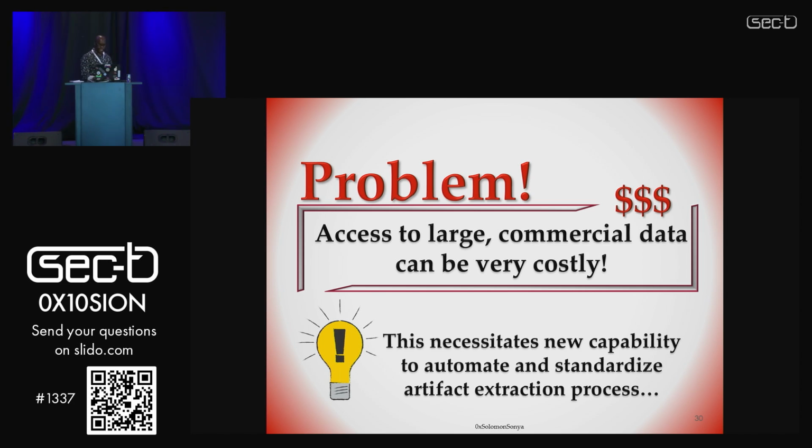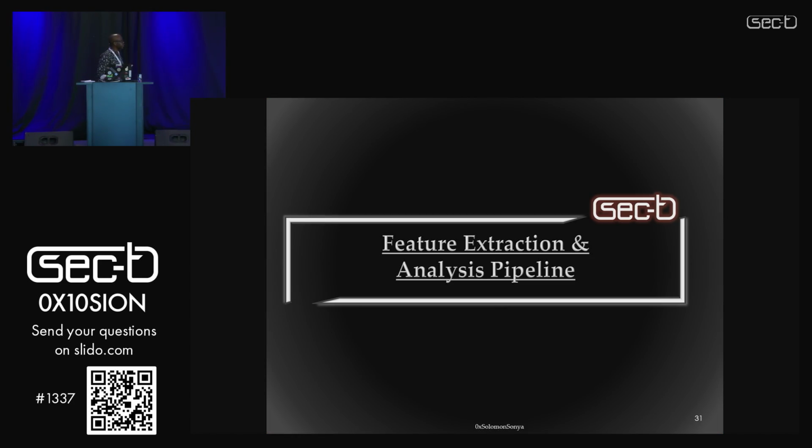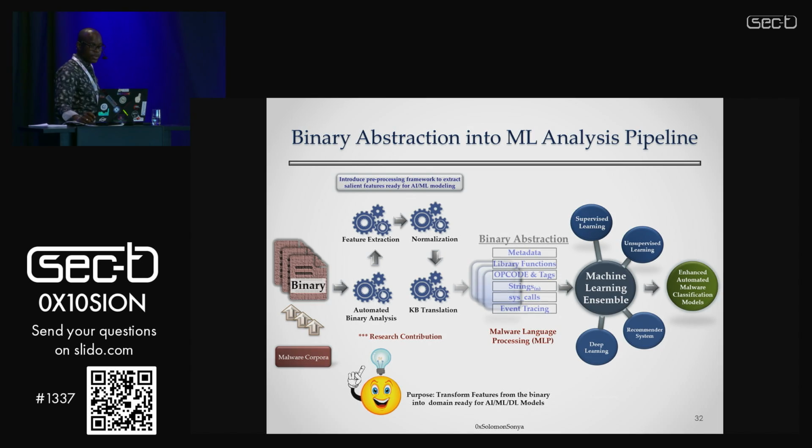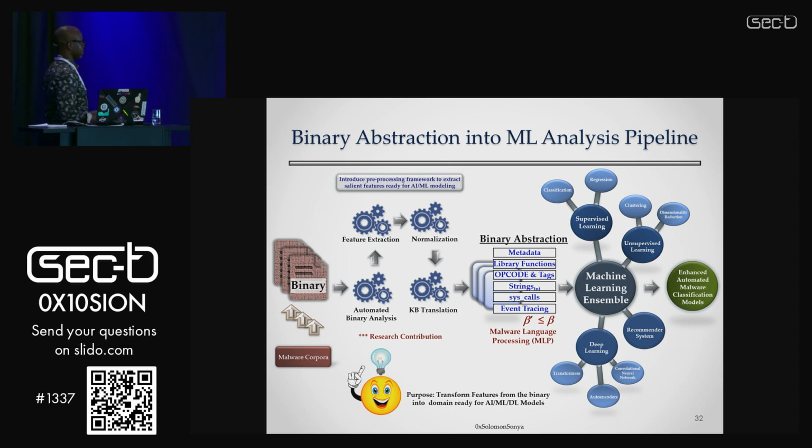So when you don't have an easy way of extracting your features from another created repository, it just means we need to create that analysis ourselves. Here is what that analysis pipeline looks like. We start with a malware corpora, multiple corpora that we have. I think in one of our next slides, I list the really good repositories for getting large samples of malware. For each malware sample from our corpus, we now want to analyze it and automate our process.